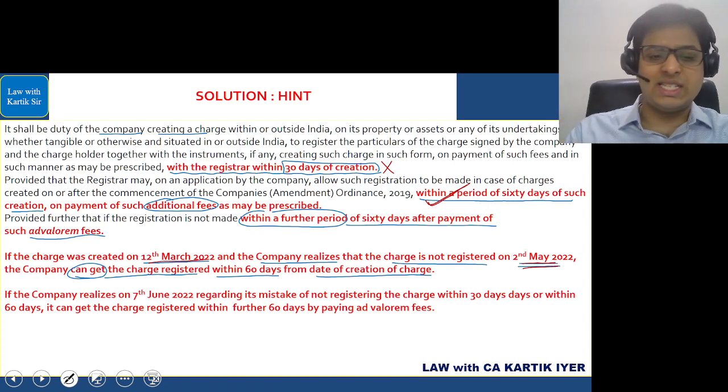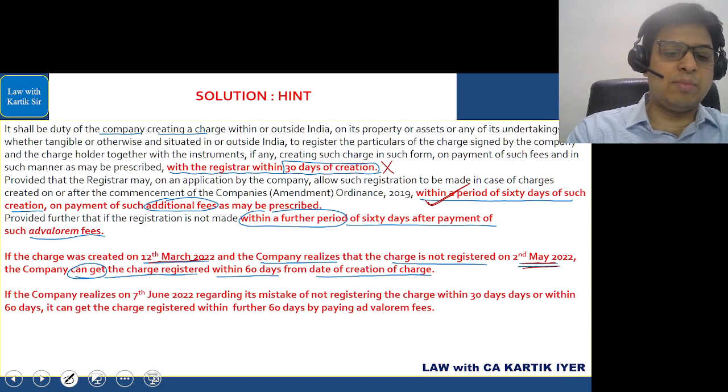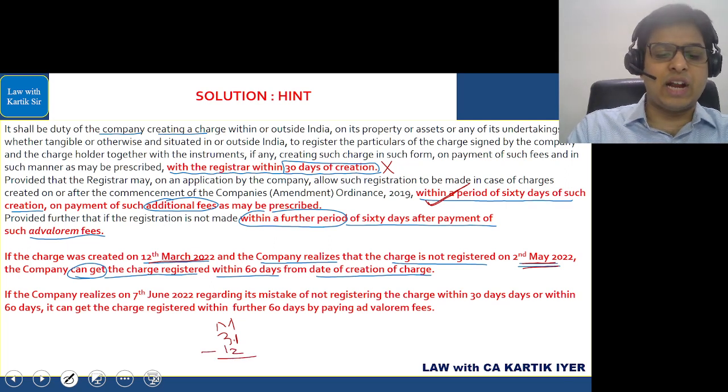If you want to try, let's see this. 30 in the month of March, I'll show it here. In the month of March, 31 days are there. How many days are done? 12 days are done. So tell me how many days are left in March, and that will come to how many days? 19 days in March.